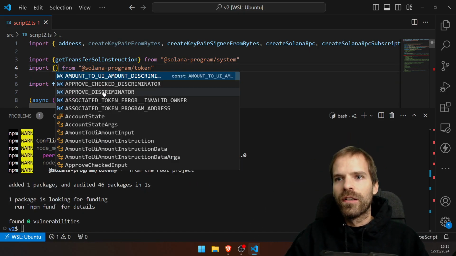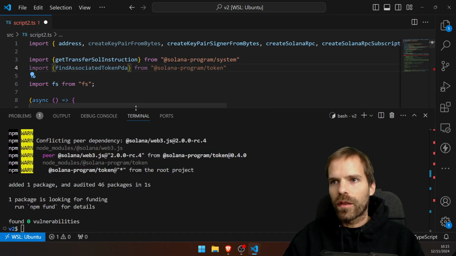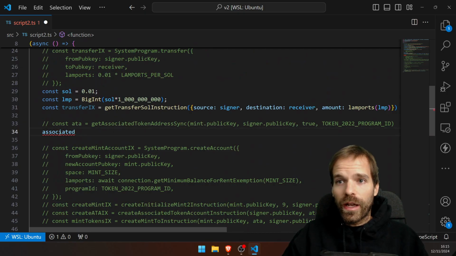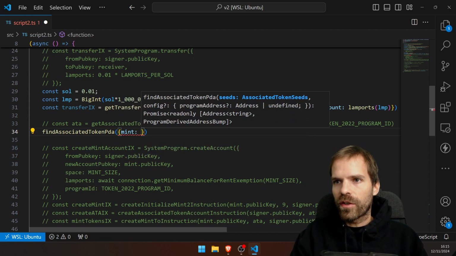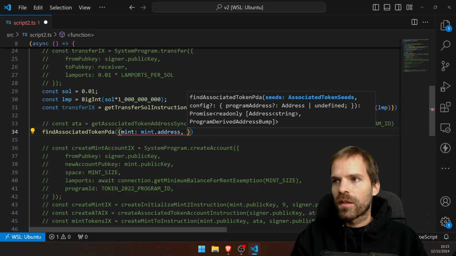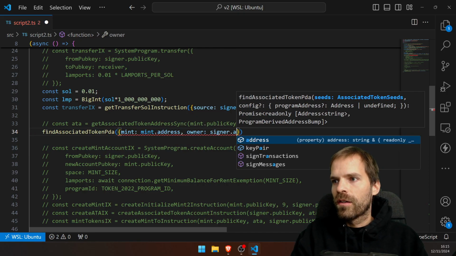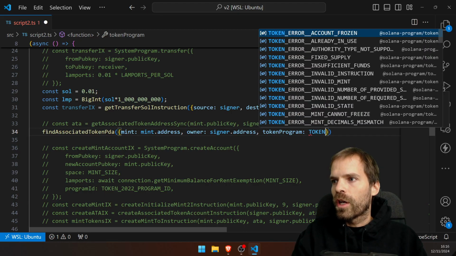And in here, we have find associated token PDA. That's the thing. Instead of get associated token address, we say find associated token PDA. Seeds being mint, owner, token program. Very nice. Mint being my mint address. Owner being my signer address. And token program being the token